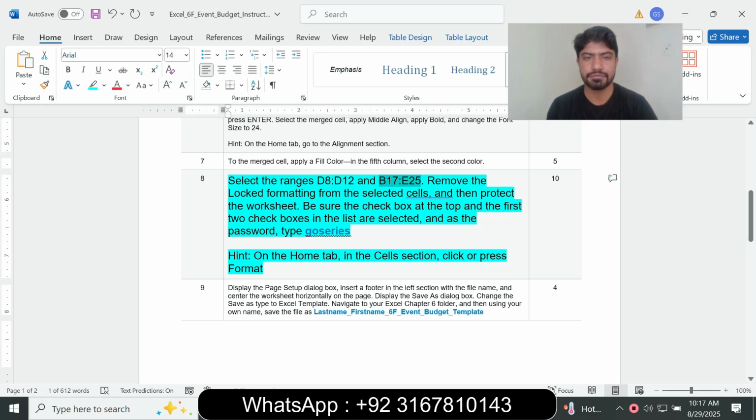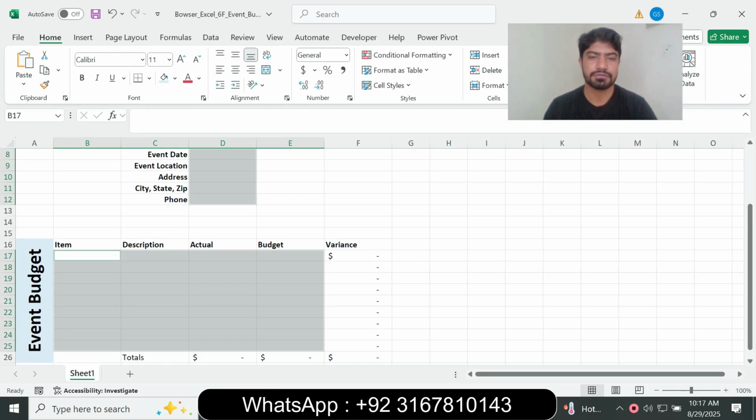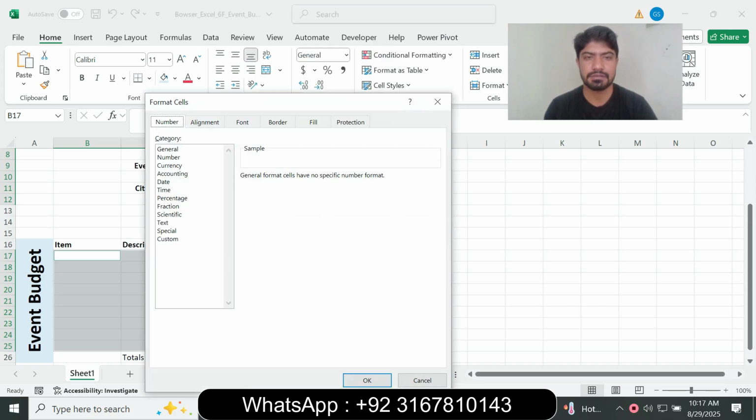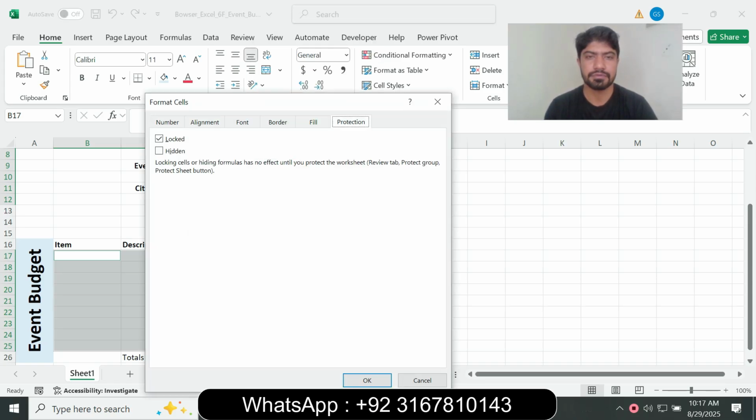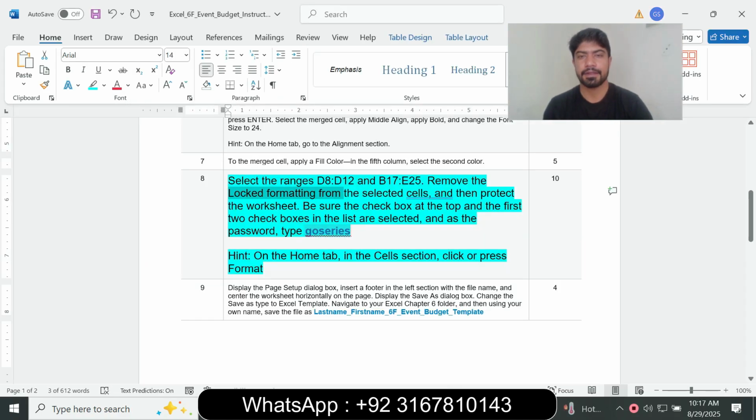and next is to remove the locked formatting from the selected cells. So right click and Format Cells, click the Protection, click the Lock, remove the lock and click OK. And next is, and then protect the worksheet, we show the checkbox at the top of the first two checkboxes in the list are selected, and the password is go series,